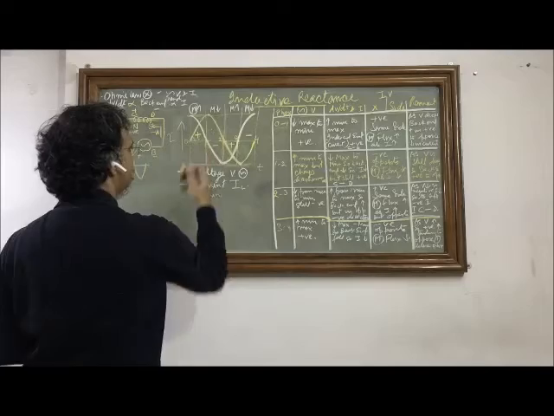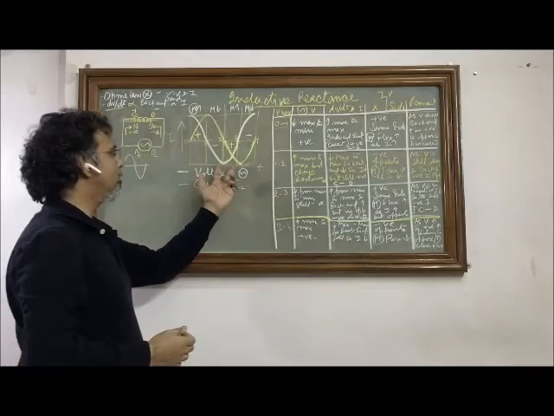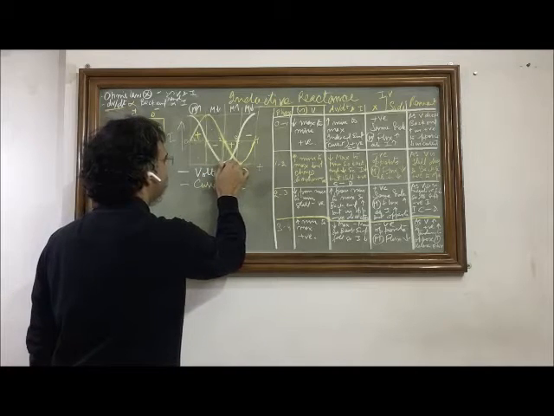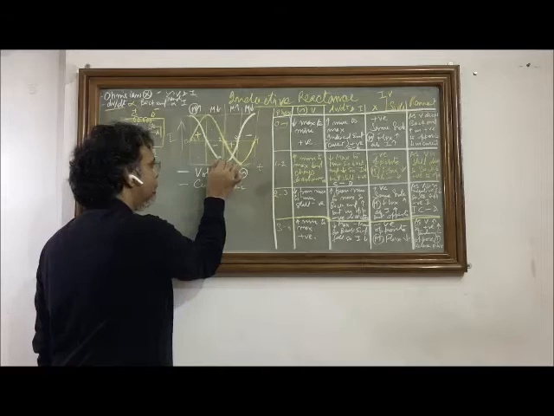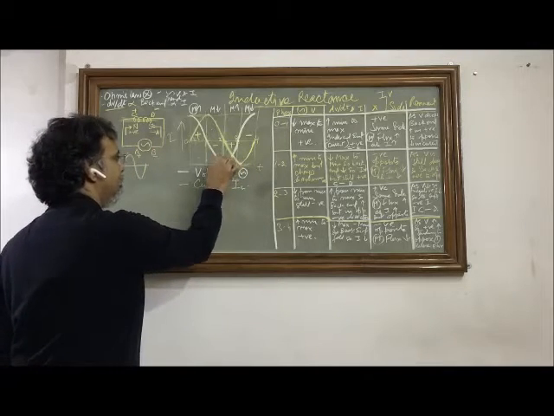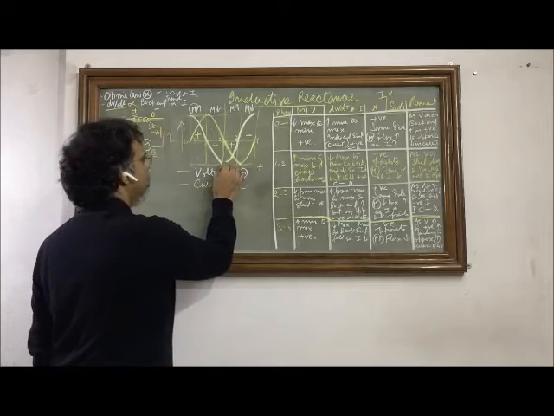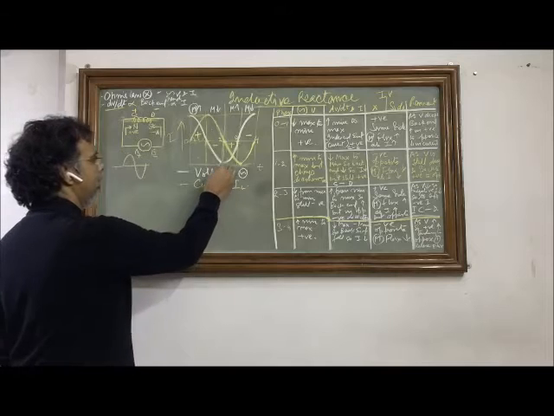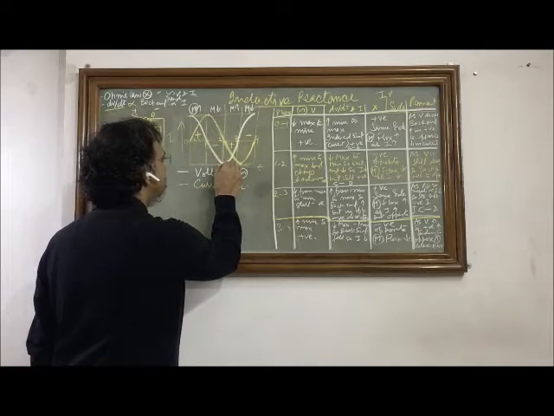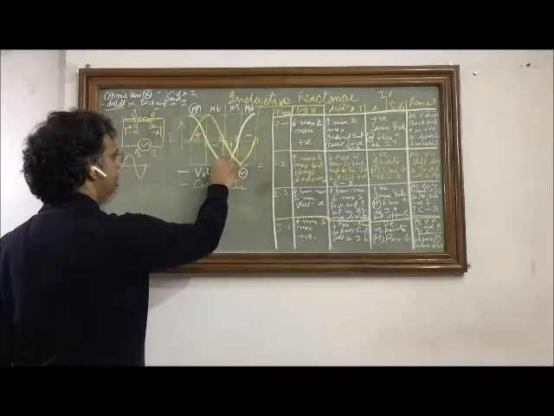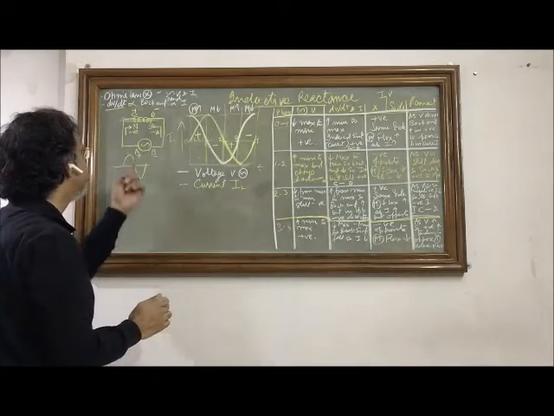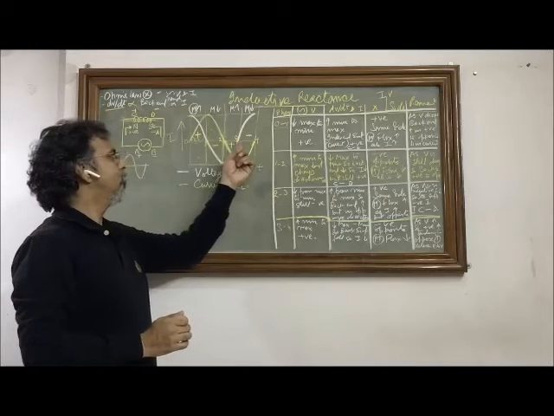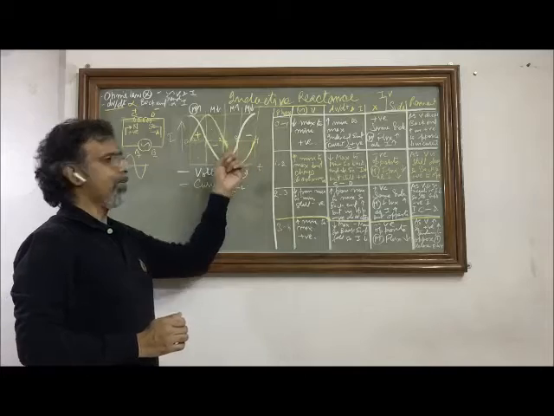Now let us see what happens in the third quarter. Again, we will see what is happening to the voltage. The voltage is dropping from its maximum value to its minimum value. Though this is the negative side, this is the maximum value. And you see the rate is changing from the minimum rate to the maximum rate. So dV/dt, the rate of change of voltage at this pole, is increasing from a minimum value to the maximum value, or from a zero value to the maximum value.